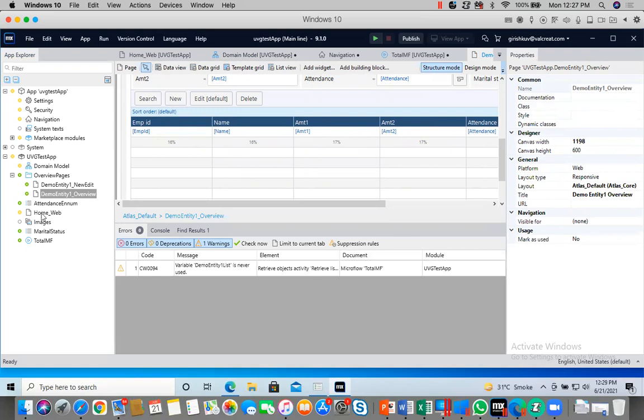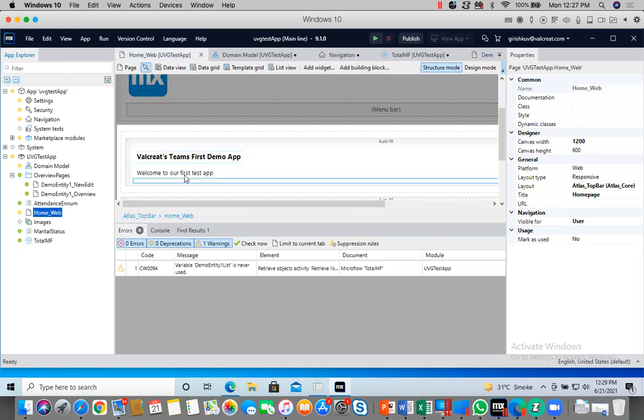Now you go to home. So basically one entity created, its pages are created, enumeration created, one microflow created. This way you can create a microflow. Now I will go to the home page, home web. Here you can change the name of this. You can change this also.